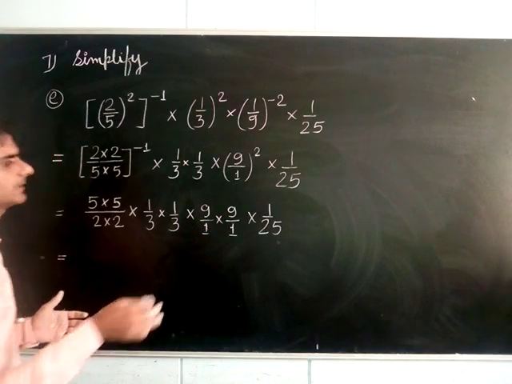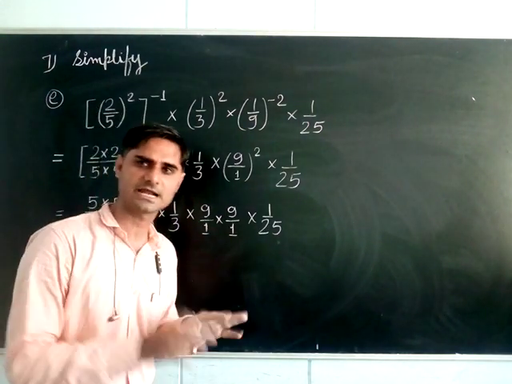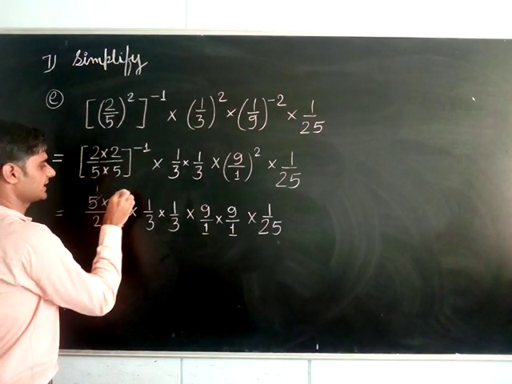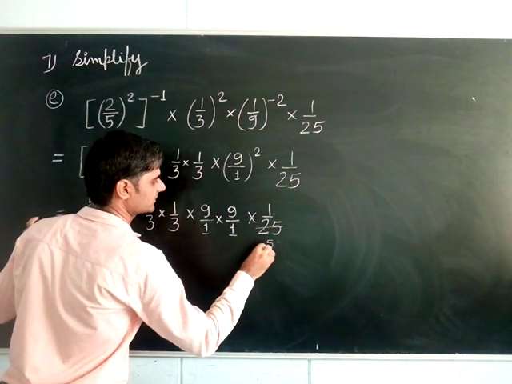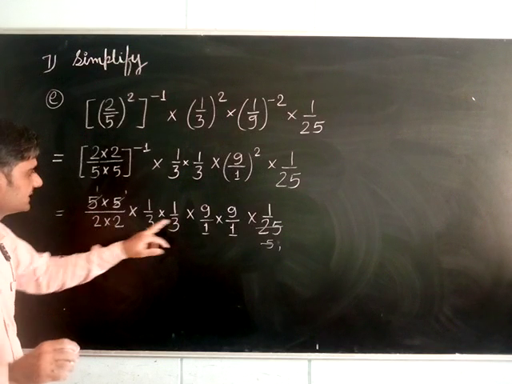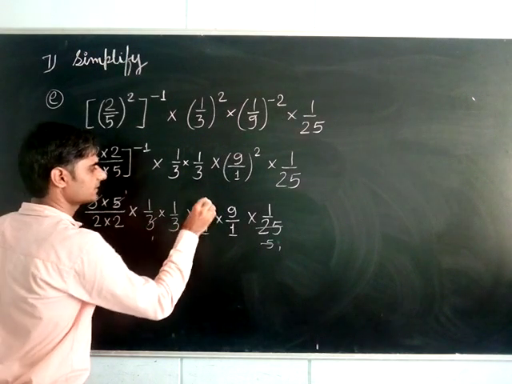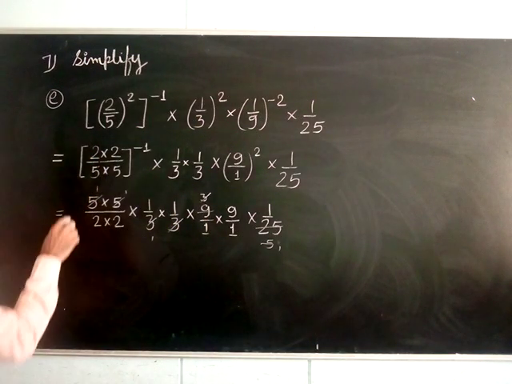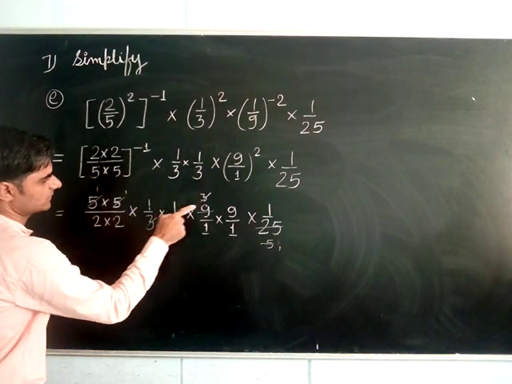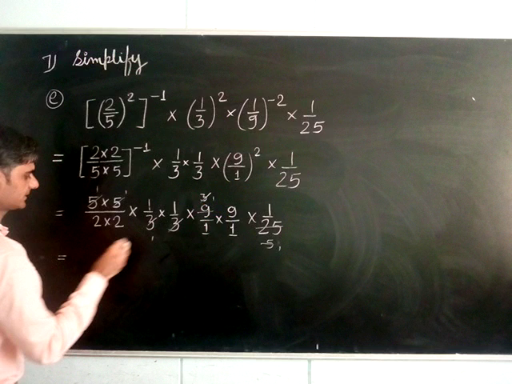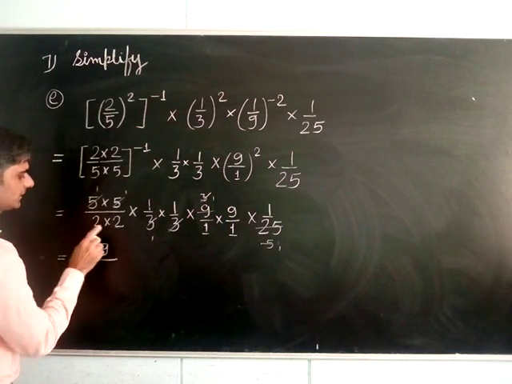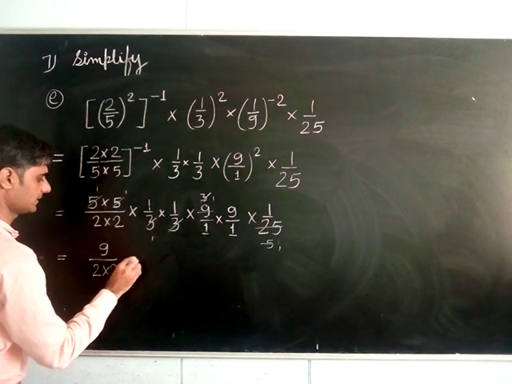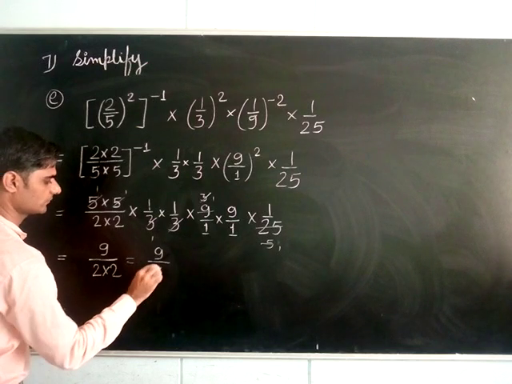Whatever is divisible, just divide; if it is not divisible, just write the same. So here this is divisible by 25, right? 5 ones are 5, 5 fives are 25. So here 5 times it will go or not? This is divisible by 3. 3 ones are 3, 3 threes are 9, and this 3 and 3 cancel. Anything left? No. Here in the numerator 1 1 1 1 1 and this one is 3. Oh sorry, 9. So this is 9 in the numerator. In the denominator 2 multiplied by 2. So this will be equal to 9/4.